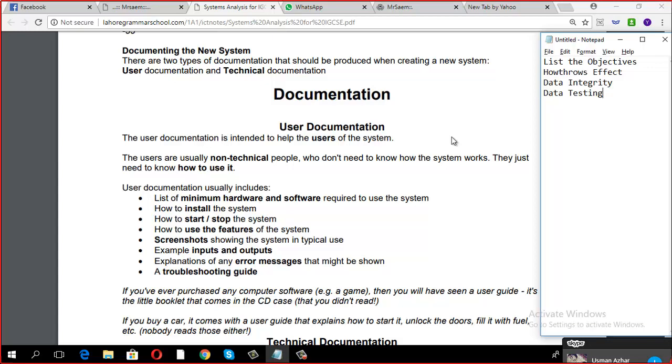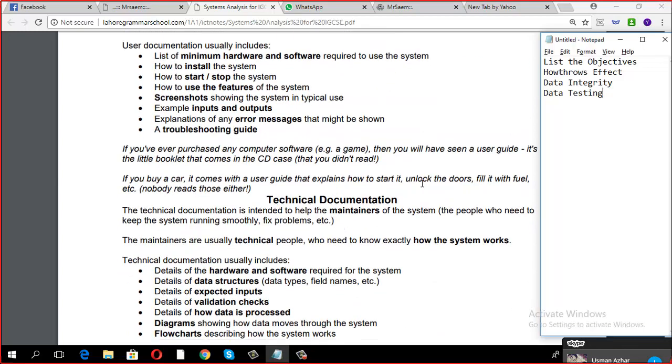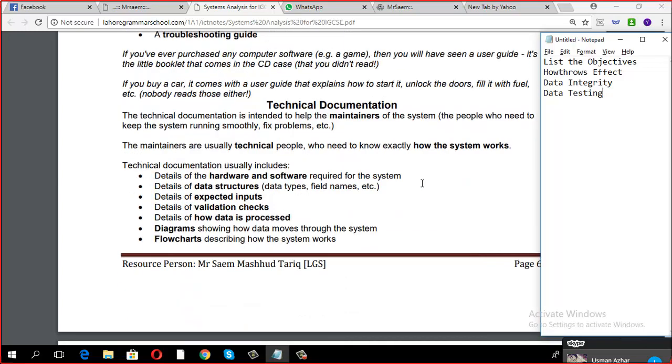Then you have technical documentation. Technical documentation is for the developers. One developer is working, he leaves the software house, someone else comes in. There should be some documentation for the developers which will include data structures, which means field names and their explanation, and some coding explanation. So basically it will define the entire system in a very elaborated manner with reference to codes, expected outputs and inputs,